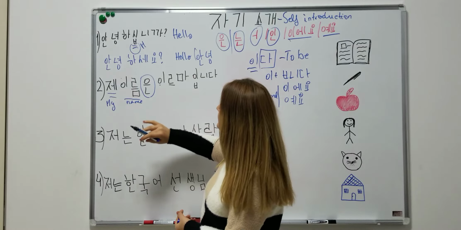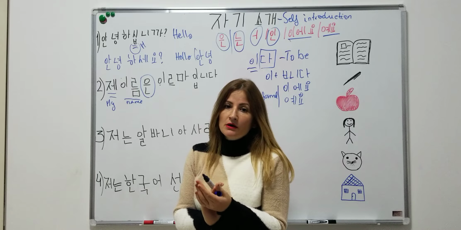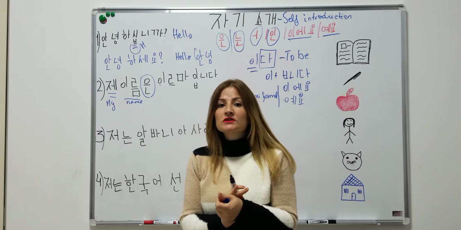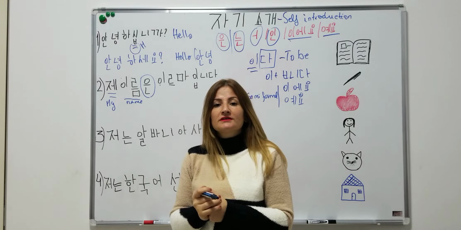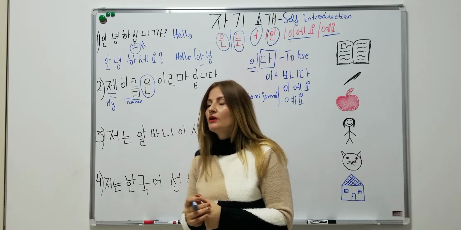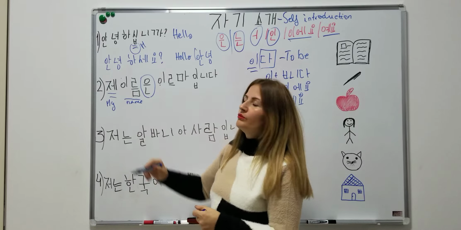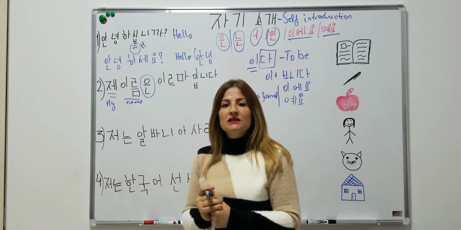So, this has a rule actually. If the noun or the subject ends in a consonant, we put 은. And if the noun or the subject ends in a vowel, we put 는. Okay? So, we can say 제 이름, but it's not correct. We need to say 제 이름은